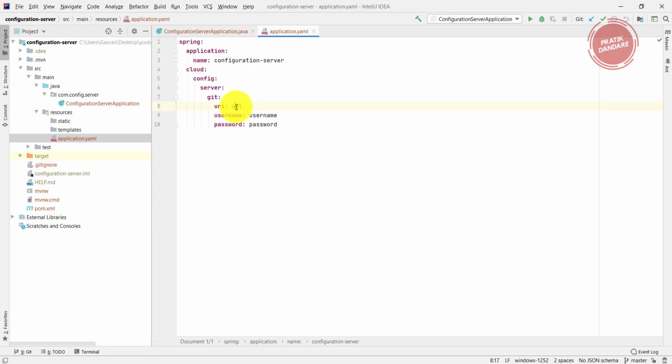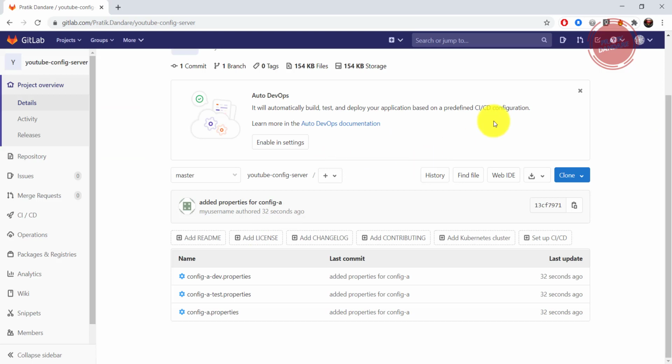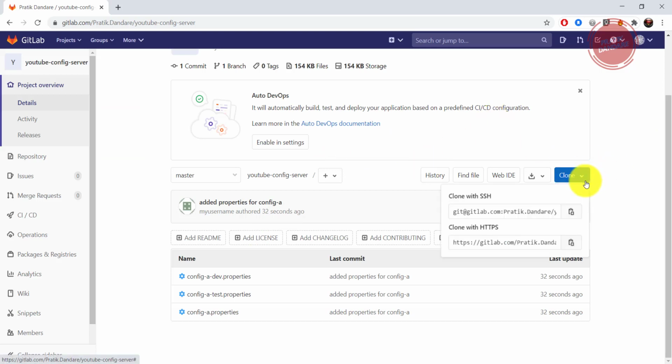This is the URL. How are you going to put this URL? First things first, you need to go inside your project. When you click on the clone part on Git, you need to click on the code part, and just copy the clone with HTTPS link.